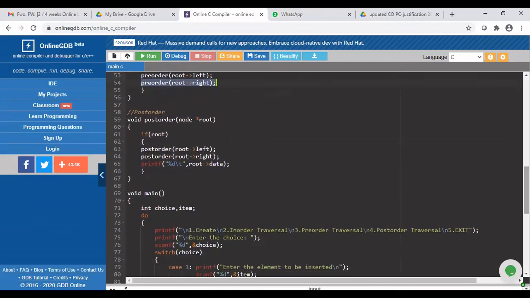Then postorder. In postorder, first you will process the left subtree, then the right subtree, and then the root. So I am writing postorder first. Since I need the left subtree, I am writing root arrow left. Then I have to process the right subtree, so I am writing root arrow right to the postorder function. I have to pass this as the argument. Then you need to print the data. That is the postorder. Right. So this is a program for